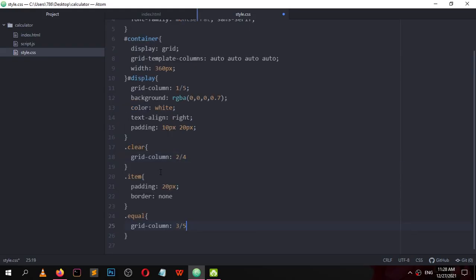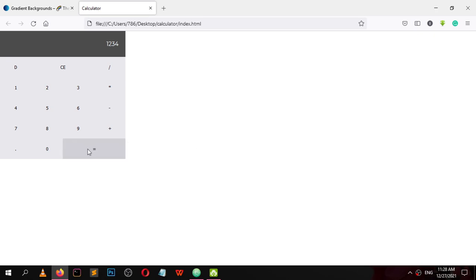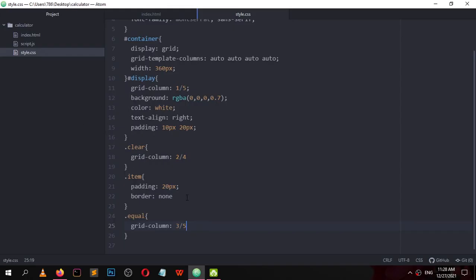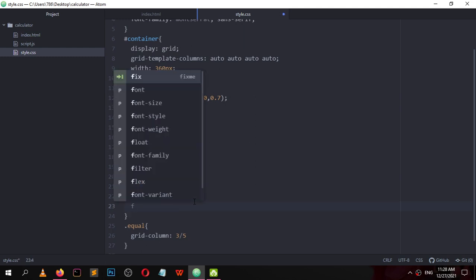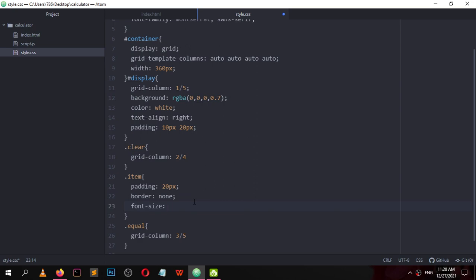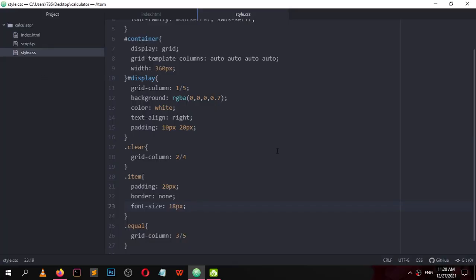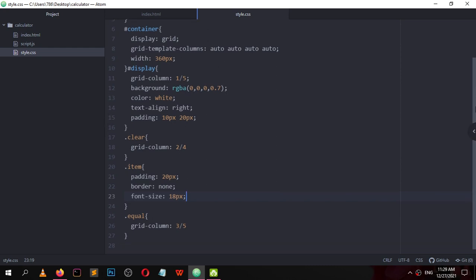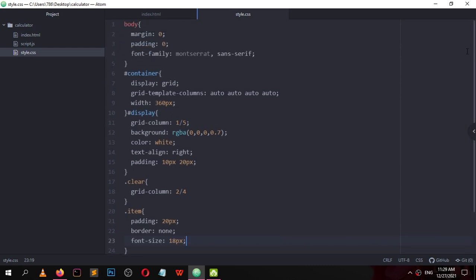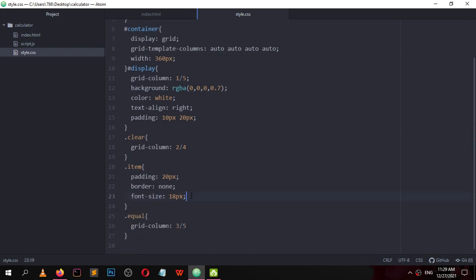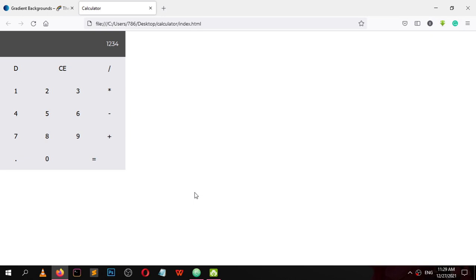So 3 by 5. Okay, now it looks good. The font size for each button should be 18 px, and the font family should be this. Each item has its font family. Now it looks good.